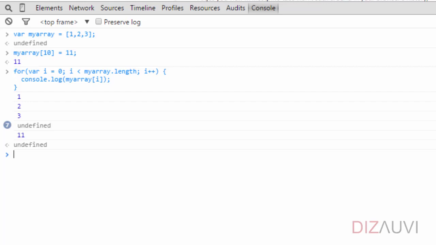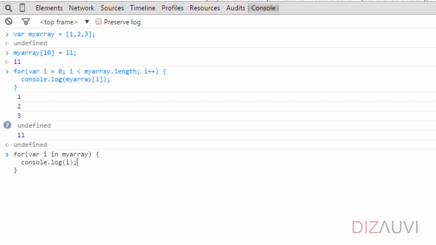By the way, for arrays it is not the recommended way, and you will see why. But nonetheless, it is interesting to know how this can be used. We can say for i in myArray, then within braces we can write our statements. For now, let's just print the value of i.